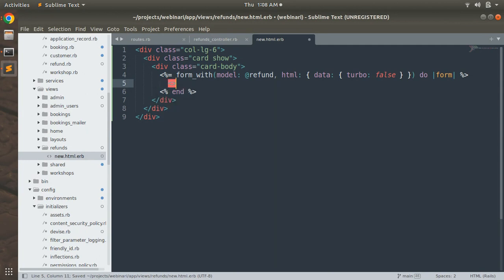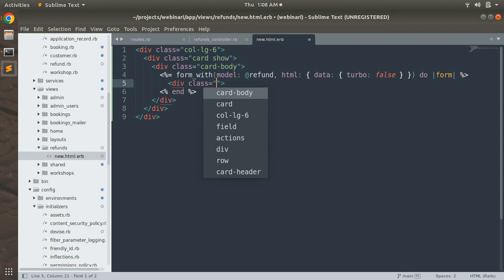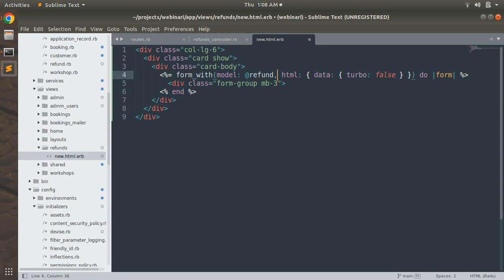Okay. So first let's add, sorry, refund form, not the booking form. So first add div class, and here you can use form group, and let's use mb3, margin bottom 3, and also add mt3 to this col lg6 class as well. mt3, so it will, sorry, mt5, so it will add margin top from the navigation bar, or from the page. Okay. Now in this division form group, what we need to do, we need to add our input